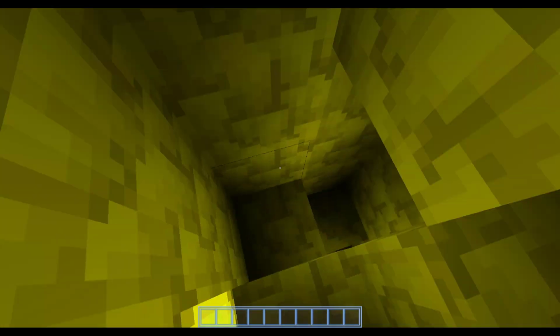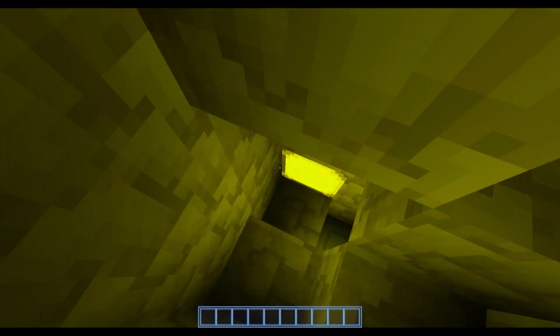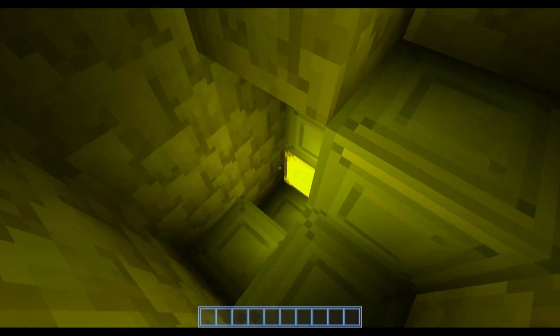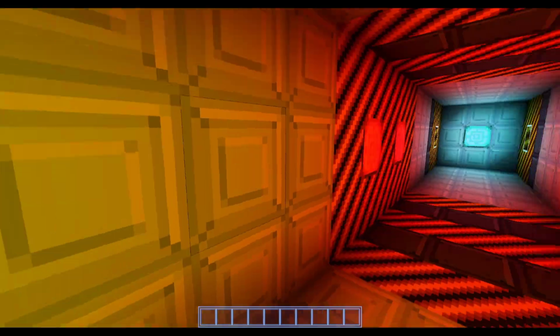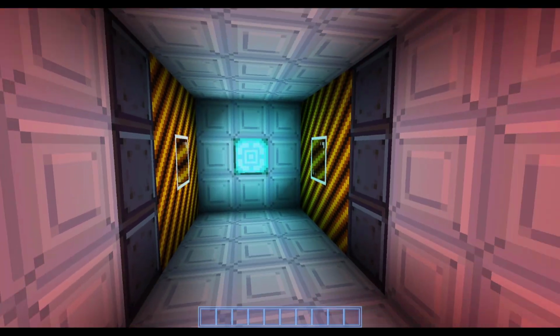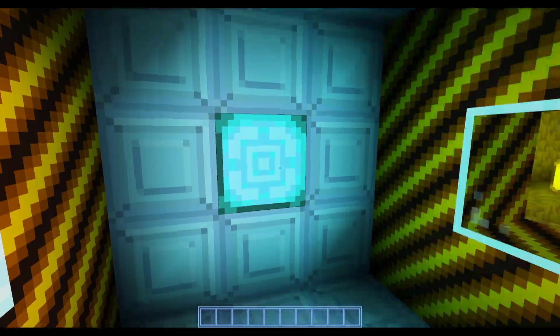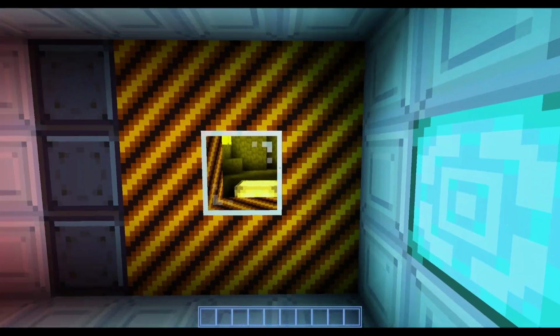So if we continue going down this staircase, keep on going down in a spiral formation, eventually we'll reach these aluminum blocks with some yellow lights, some red lights, and some blue lights. This is a little tunnel we're gonna walk through here. It looks kind of dangerous, like we're walking into a radioactive area or something like that. And we've got some windows, yeah, into, I don't know if this is supposed to be a mining...